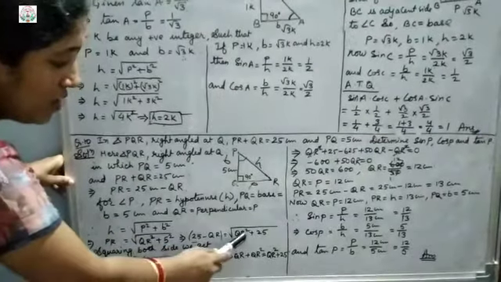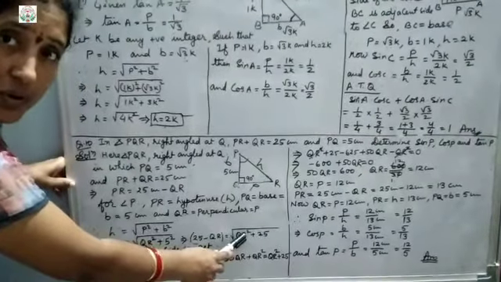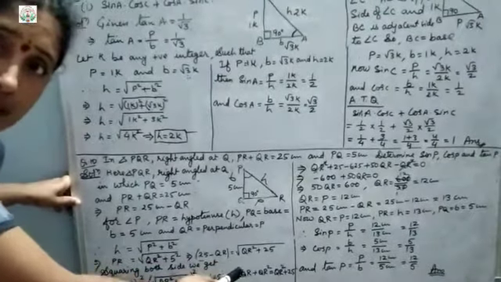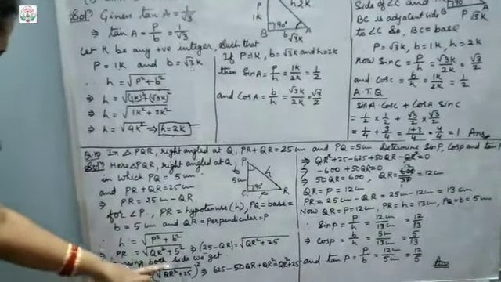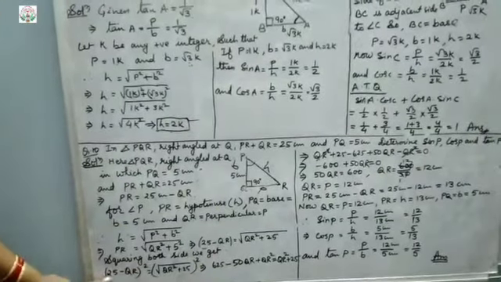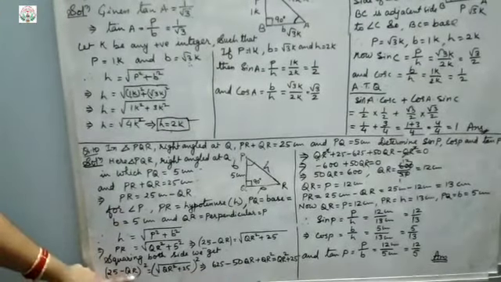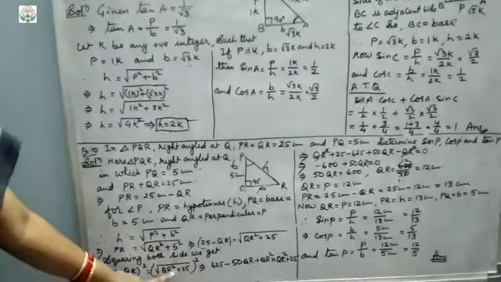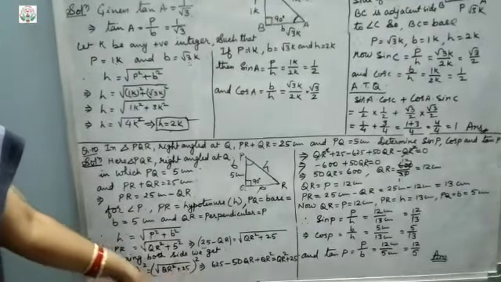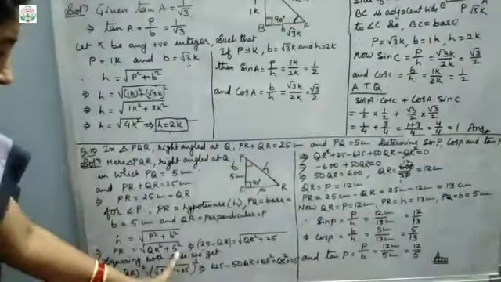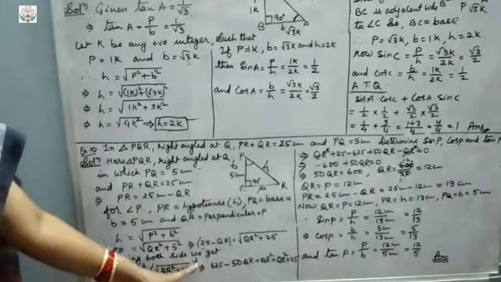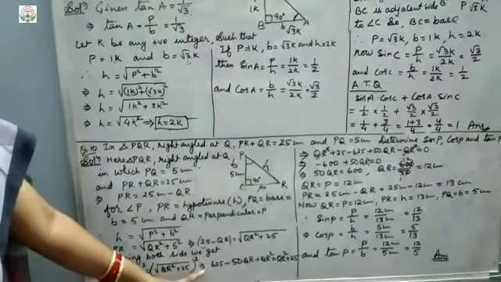Now here on one side you can see a square root is given. To remove the square root we have to square both the sides. So on squaring both the sides we get what? Here, (25 minus QR) whole square equals (square root of QR square plus 25) whole square, because 5 square is how much? 25. So 25 within bracket whole square.